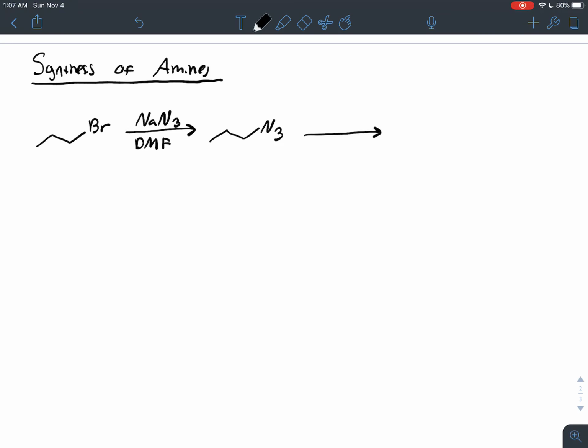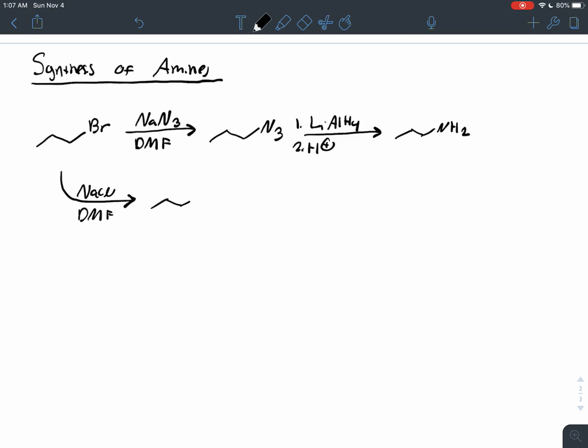Here, if you reduce this using LiAlH4, followed by an acid workup, you get an amine. Cool? Pretty simple, straightforward. Now the next way is using a nitrile,